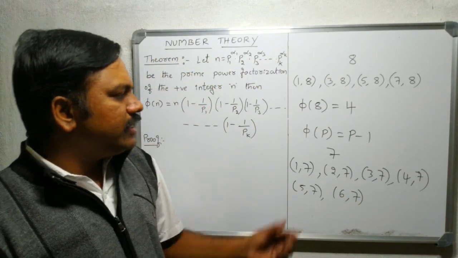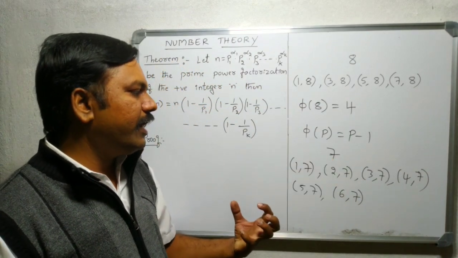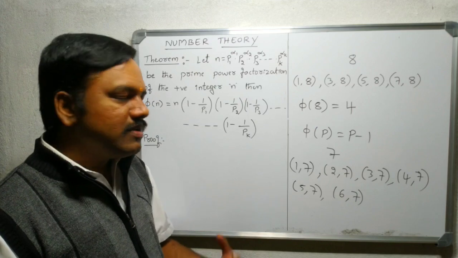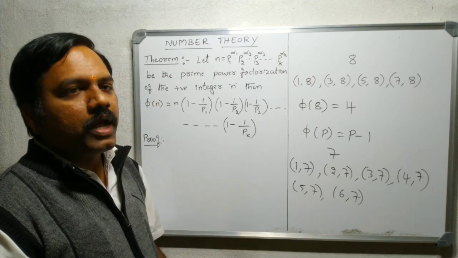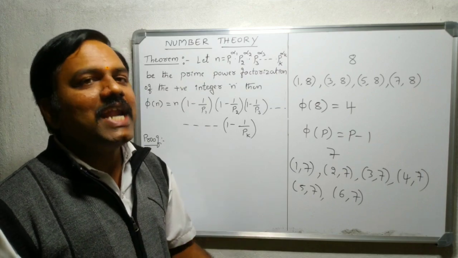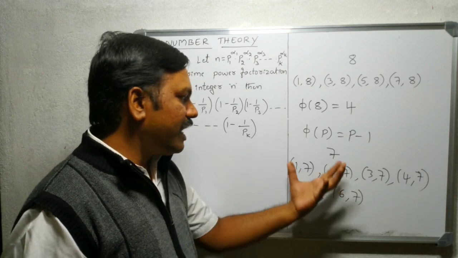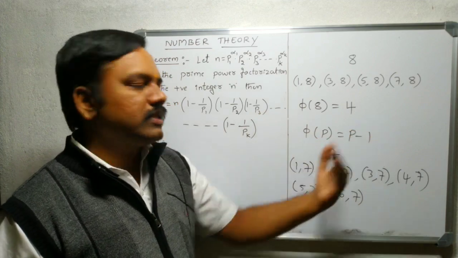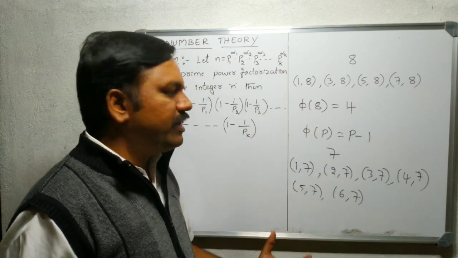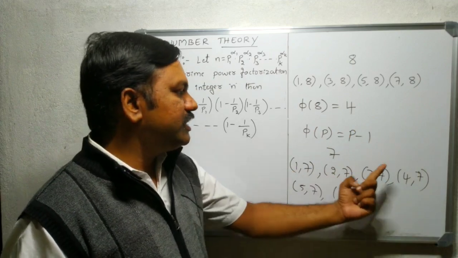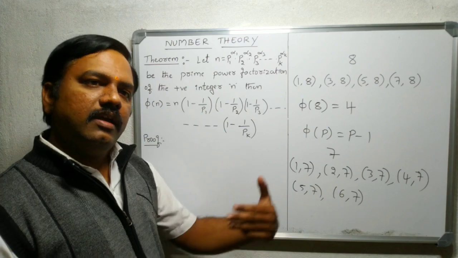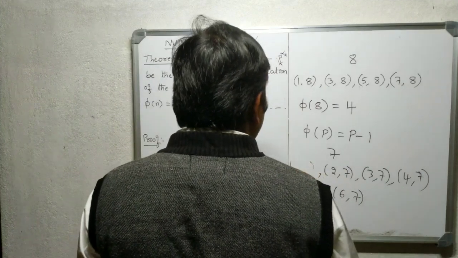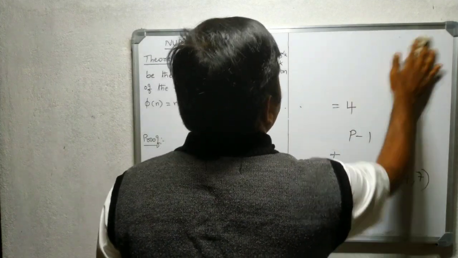Sir, why does it come like this? See, 7 is a prime number. Once it is a prime number, everything less than that prime number must be relatively prime to it, because 7 is a prime number, so it is a number divisible only by 1 and itself. Therefore no number less than 7 divides 7. When they do not divide 7, they are all relatively prime to 7. Hence we get phi of 7 is equal to 6, because 6 numbers are relatively prime to 7 and less than 7. Is it clear? I think you all understood. Based on these results and this concept, we have to prove this theorem.